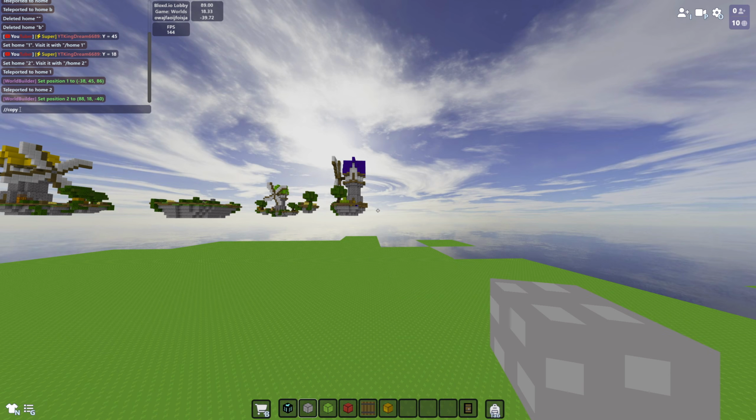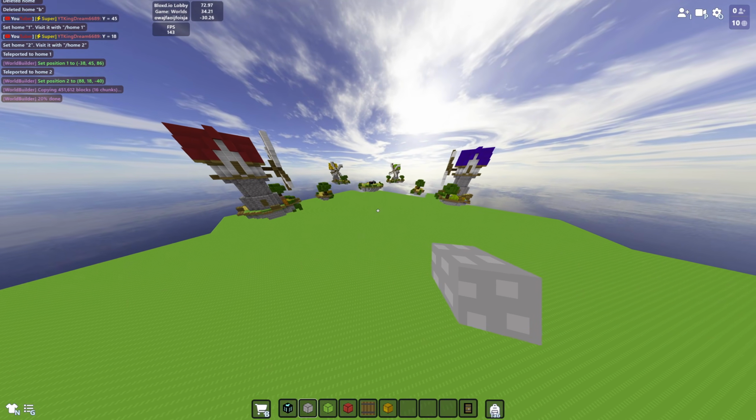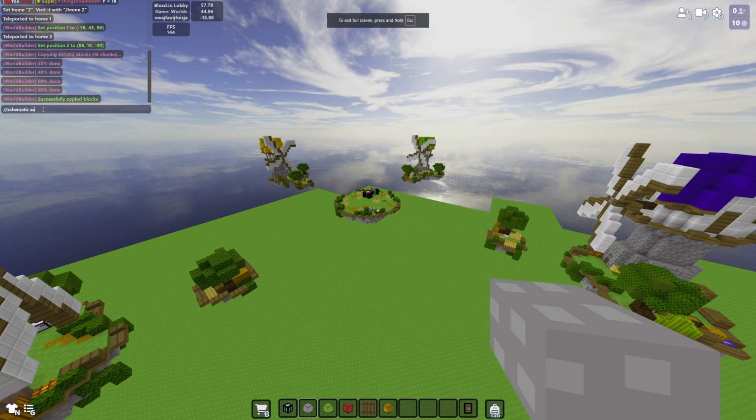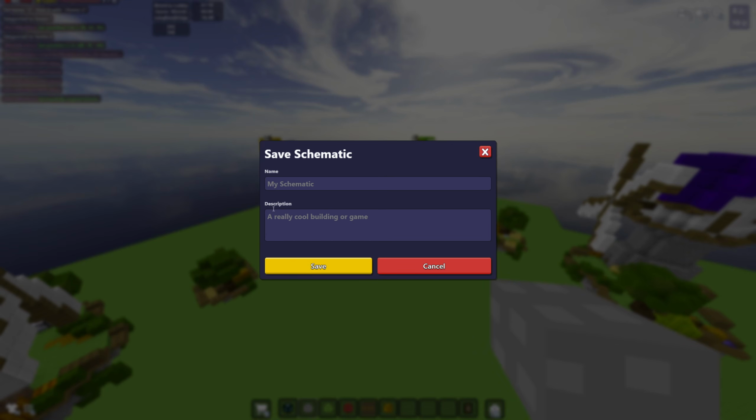pos2. Now, in the chat, type /copy, and after a few seconds of it loading, type /schematic save, and press save as new schematic. And you can customize the names of it. But now that you've saved the schematic, go back to the homepage